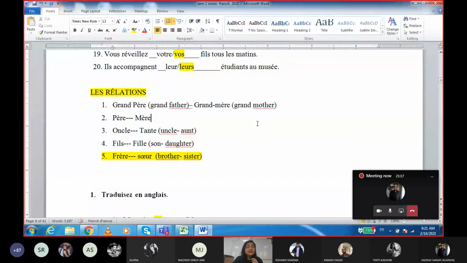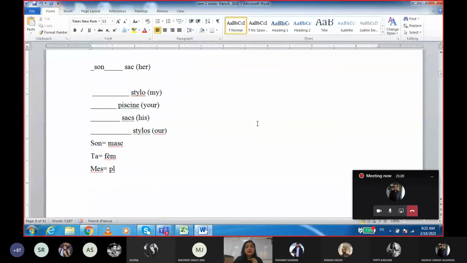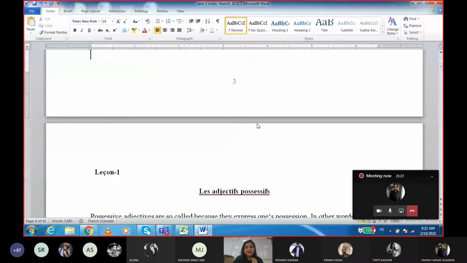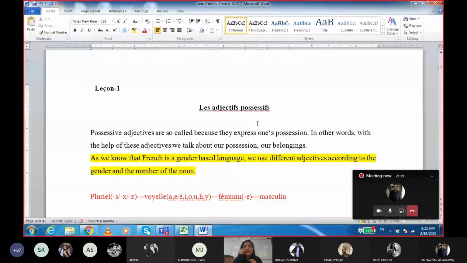So, very quickly, I'll just give 5 minutes because we have done the revision of this particular lesson. The chapter is possessive adjectives. Once we talk about a possessive adjective, that means all the adjectives which are used to show that yes, this thing belongs to me. I am showing my possession towards this thing. For example, the words like my, your, his, her, our, their, all these words of English are part of these possessive adjectives. Now, once we talk about the French language, there also we have the same words, but